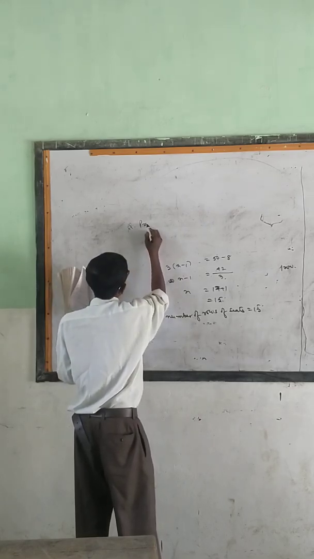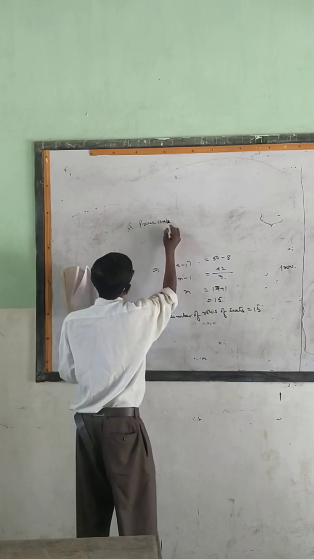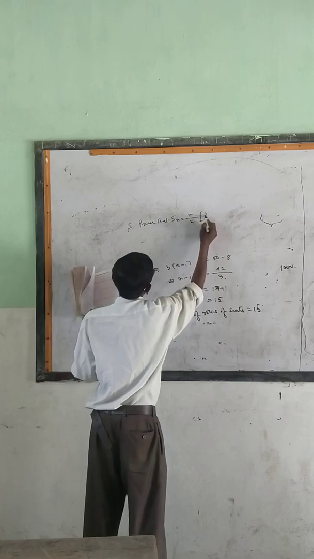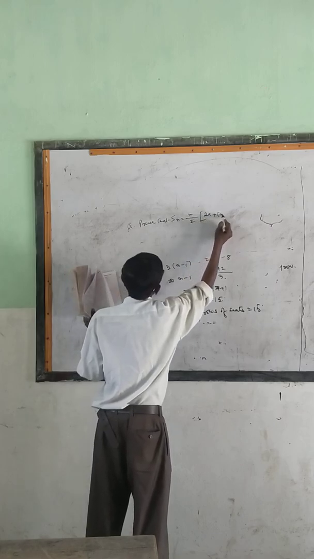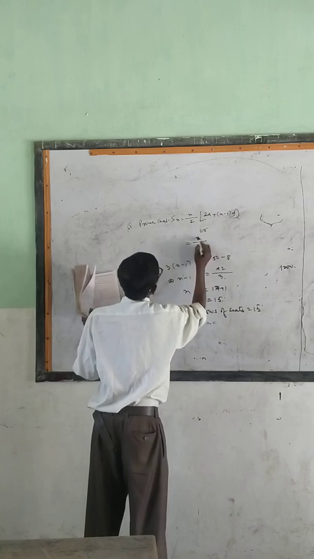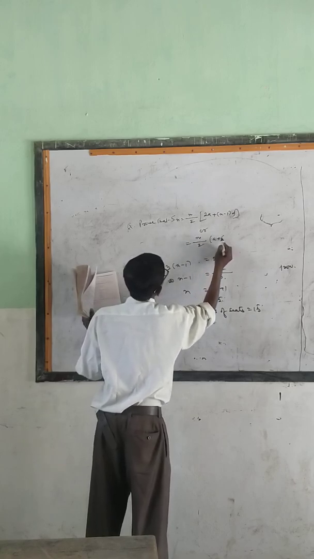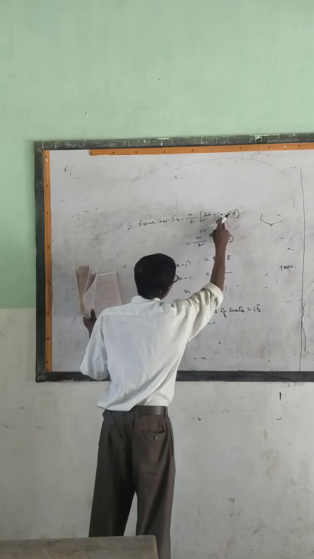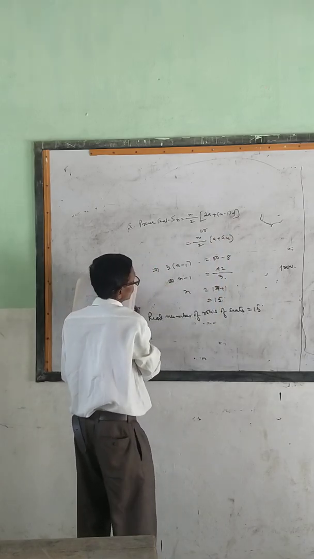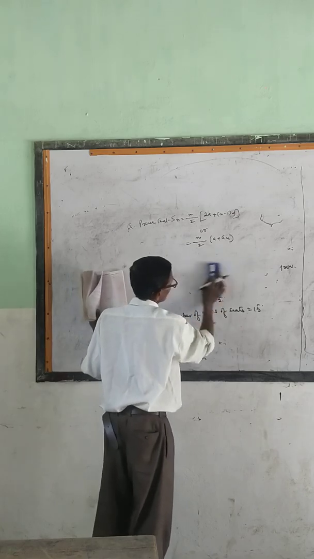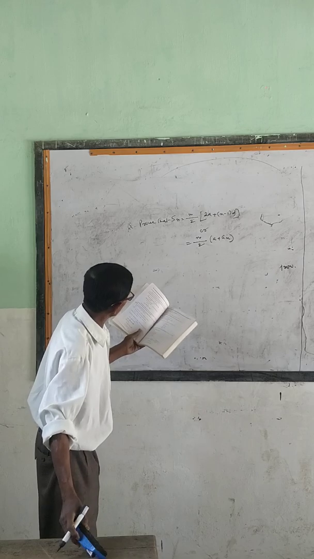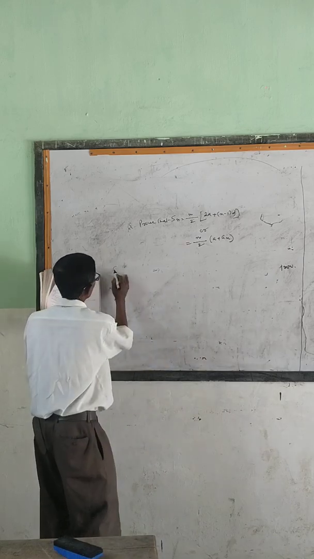prove that Sn equal to n by 2 times twice a plus n minus 1 d. Or we can say n by 2 times a plus l. They can ask like this or like this. Both the ways we are going to solve it. See, almost the same but only a slight difference is there. Let us come to this solution.